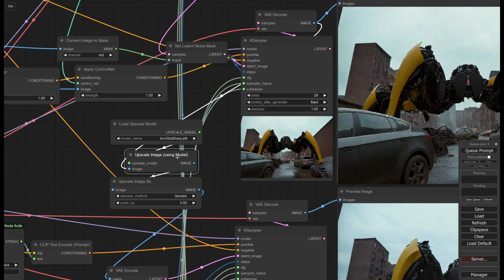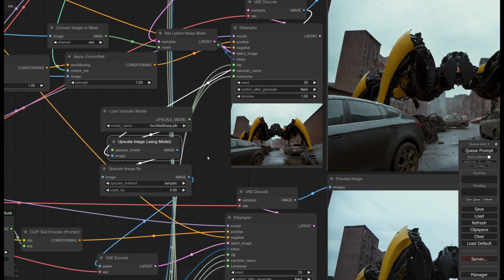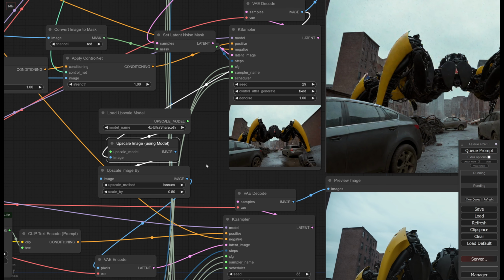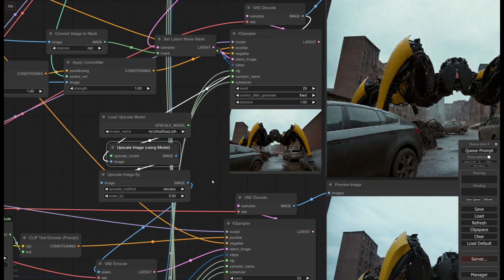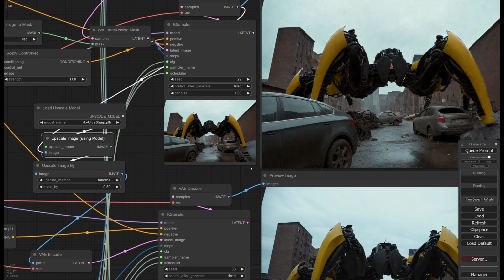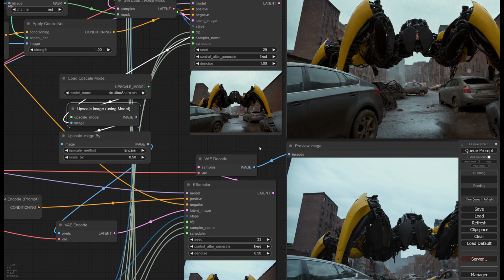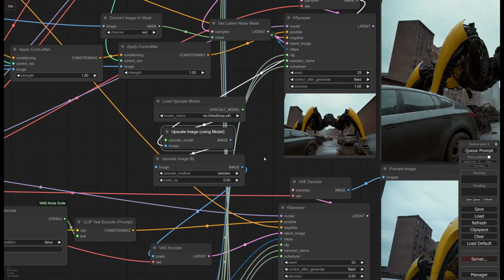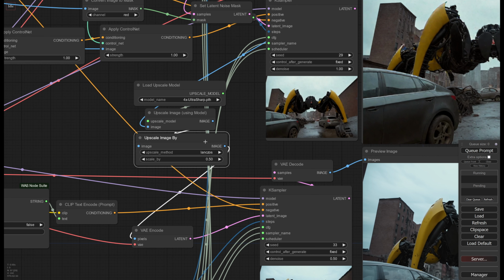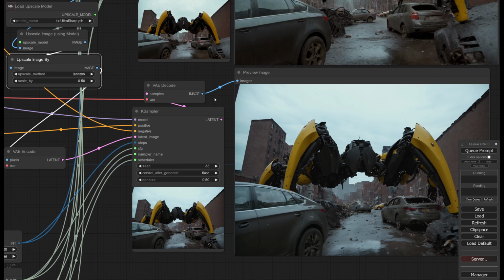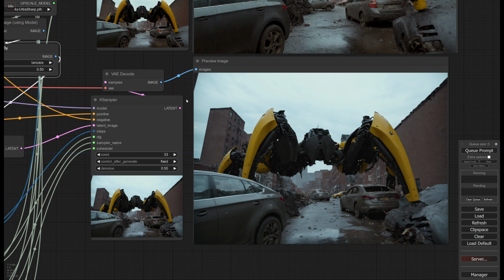And you don't want to rely on this on its own. It'll give pretty good results, but you can always do better. In the example here, what I wanted to do is up-res 2 times, and I don't have a 2 times up-res model. So what I do is I up-res it 4 times, and then I drop it back by 50% to give me 2 times. And then over here, I'm going to resample it